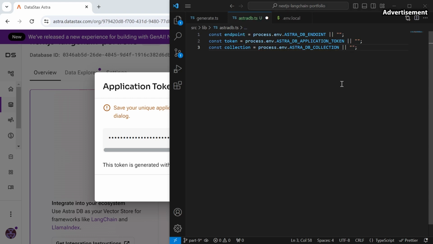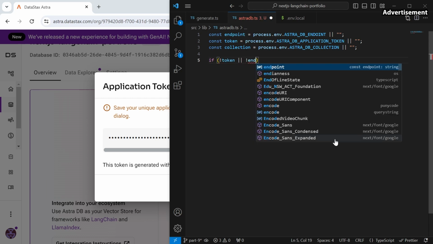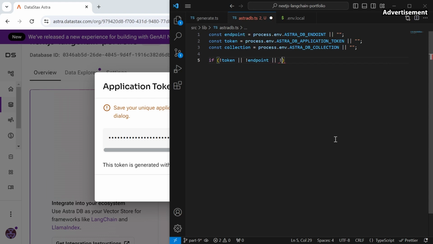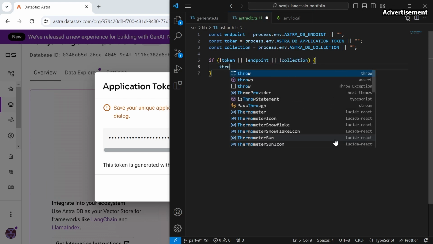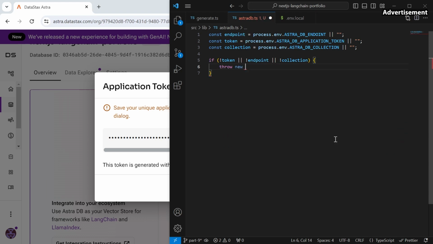Then below I want to throw an error if these values are actually empty. If we forgot to set the environment variables, it's good to throw an error as early as possible. So we check if exclamation mark token or exclamation mark endpoint or exclamation mark collection. If one of these values is missing, we want to throw a new error with an error message that says,